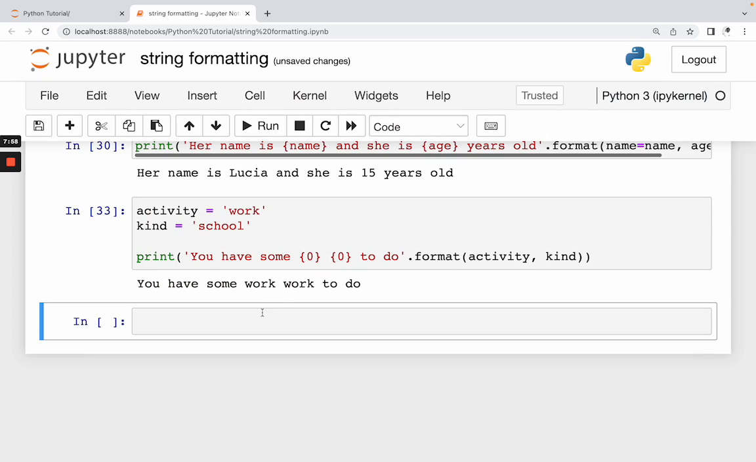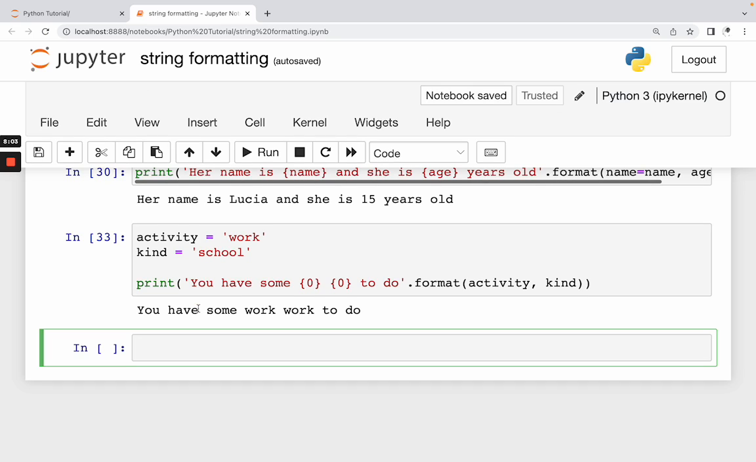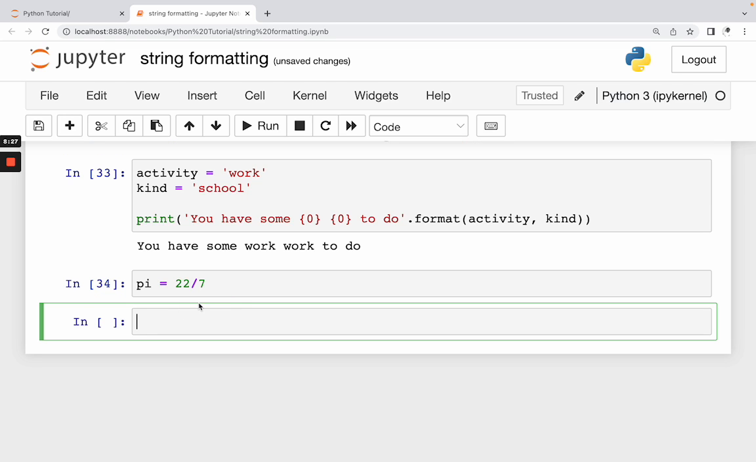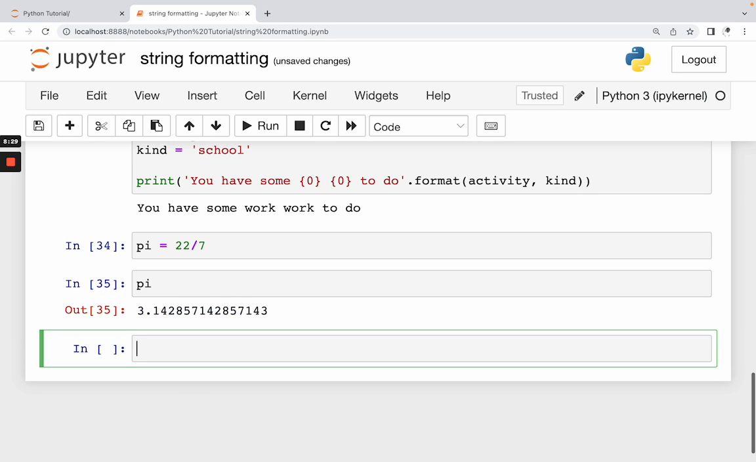So another thing we want to quickly look at, though the time is getting long, is the precision. The dot format method allows you to specify the amount of precision you need. So let's say pi is equal to 22 divided by 7. Right, so let's run this and then let's call on pi, and of course we have